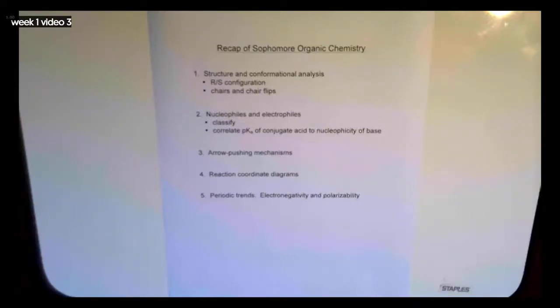So first, just classifying them as different types of compounds with different reactivity. And second, correlating them with pK of the conjugate acid, which is going to give you an idea of how nucleophilic something is. Okay, so